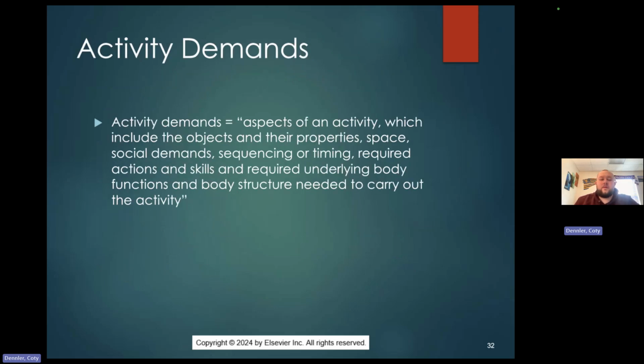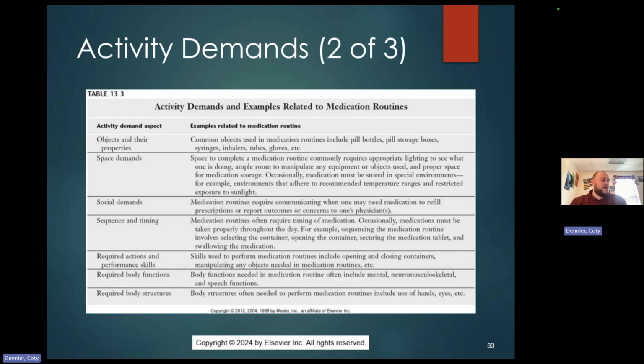But you guys already know what activity demands are from OTA to O2, but it's all the different aspects of an activity. So everything from the objects and everything about that object, the space, social demands, timing, and sequencing, like every little aspect that you break down in an activity analysis of the activity demand. So you have to really do that with medication management. If you need a review on that stuff, feel free to go back to your 202 textbook. But I wanted to break this down a little bit more just so you can see all of the realms that OT is involved in